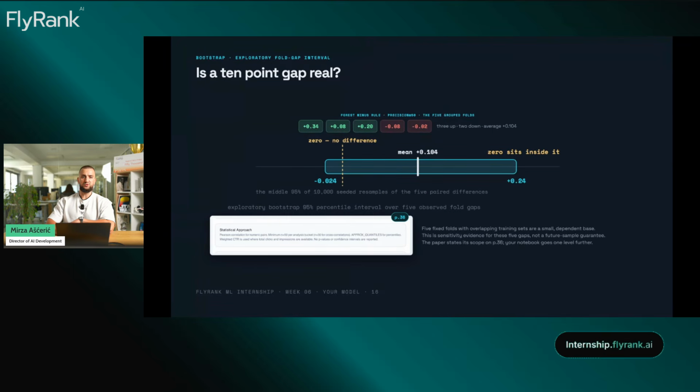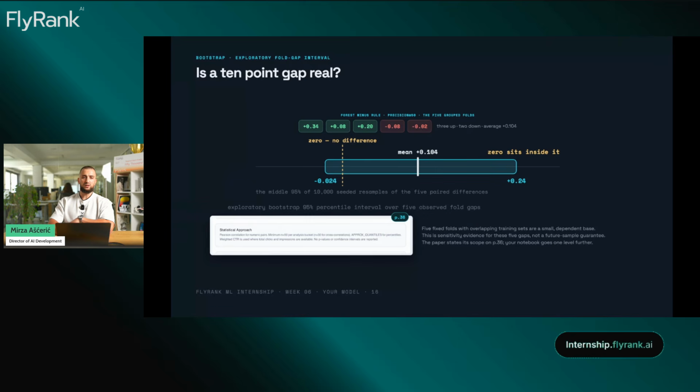And there was a small difference. Before we said it looked good, but it wasn't for sure. So we looked at 5 groups of numbers. We took away the score of one rule from another score, and we did this 5 times. And you can see on the screen the answers there. 3 times the score went up, and 2 times it went down. The average was adding 0.104.